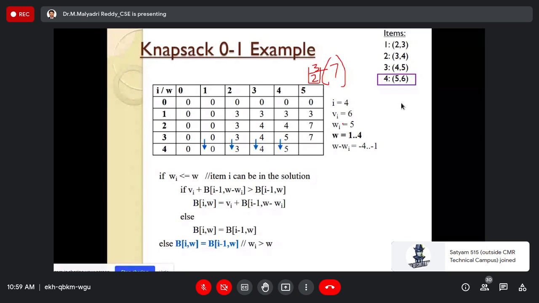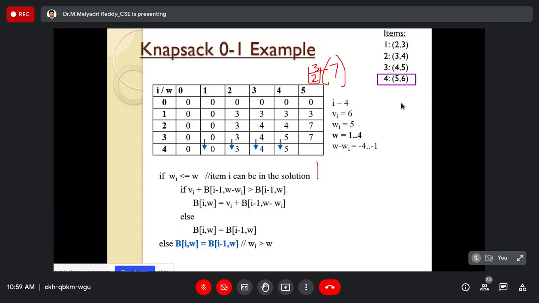7 sir. While including the fourth object, the weight is 5. Okay. Profit is 6. Which is best? 7 sir, that is the final. While checking this back capacity, ultimately whichever is the maximum profit, that is the one we include as the object. Yes sir, there is nothing more to it.